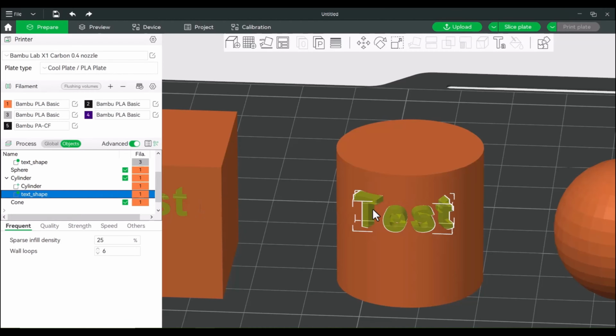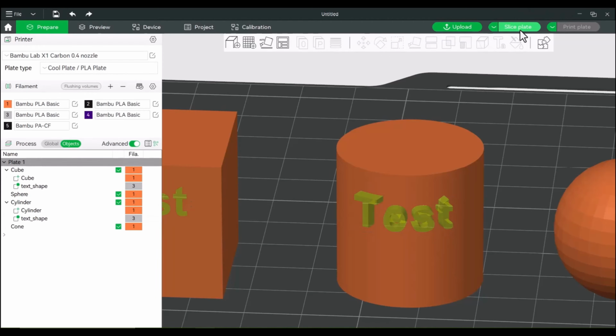So even though this looks like it's sticking out, modifiers will only affect models. So you might think that, oh, it's sticking out too much. It really doesn't matter much as long as it's not touching the model in more than one place. And we can then just change the color. Again, we'll set this to gray. So when I go to slice this,